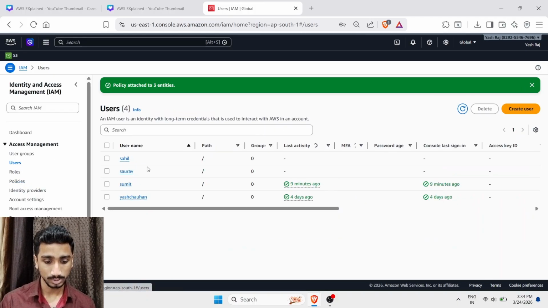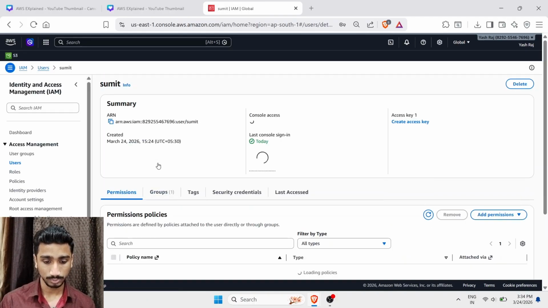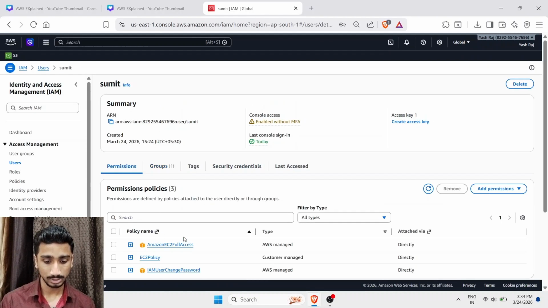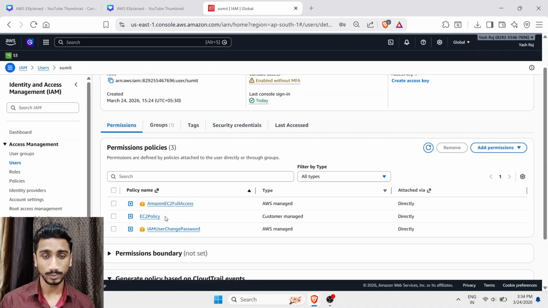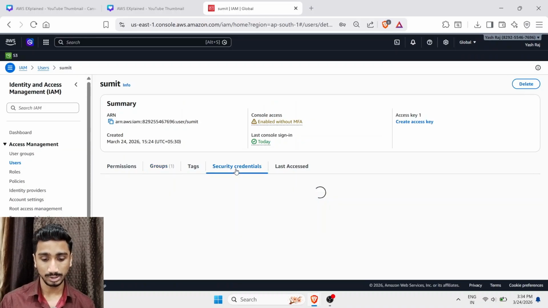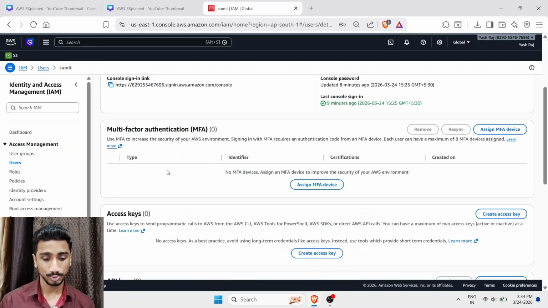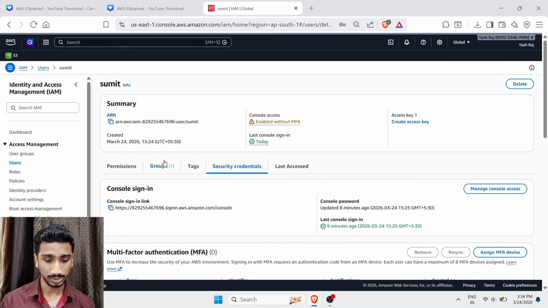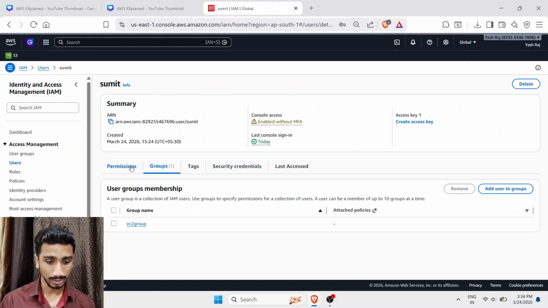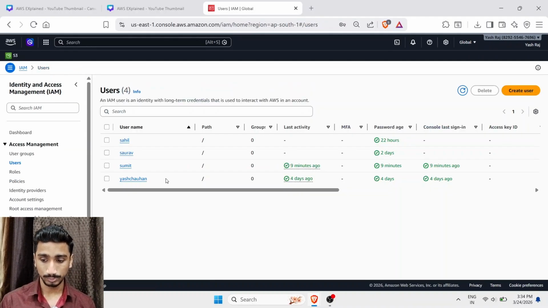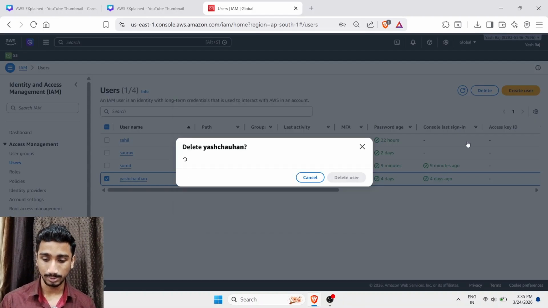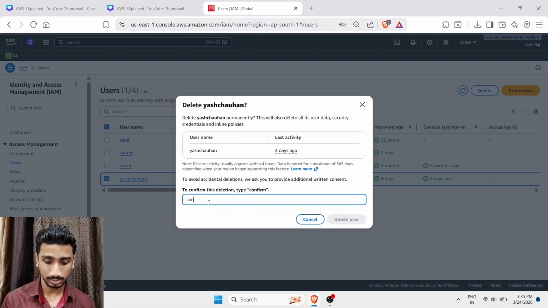So if you click on users, you can see that Sumit is also in the groups, and you can see the permissions. So right now EC2 policy has been given to these users. You can also see the groups. You can also see the security credentials. You can also generate here SSH keys and MFA for this particular user. And if you want to remove users, you can click on users. You can simply click on delete. Here you write confirm